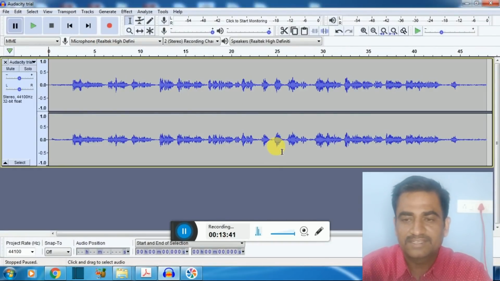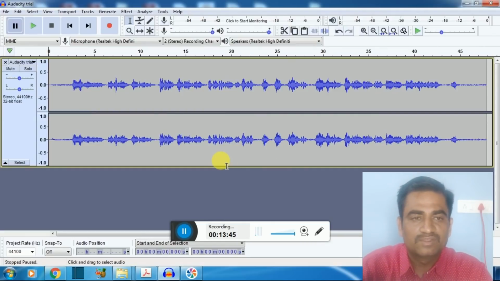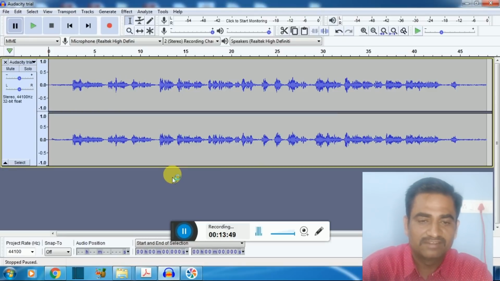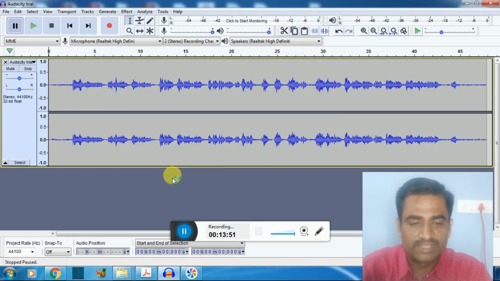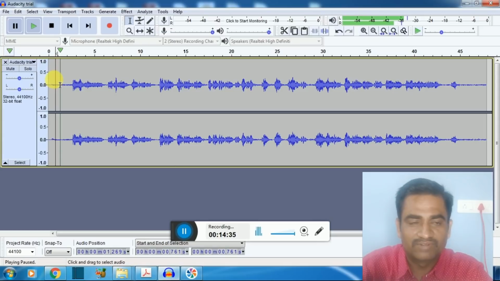We just have to click here and the file will come here. Otherwise we can go there, drag and open this file. Drag it and we can keep this file in Audacity. The file will come into Audacity. Now we will see the audio quality of this raw file. We will see first.